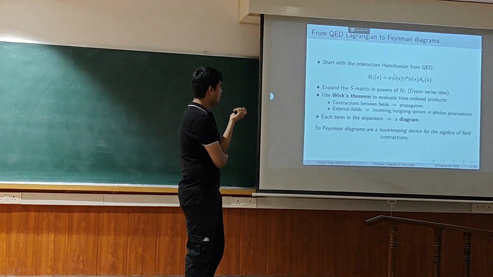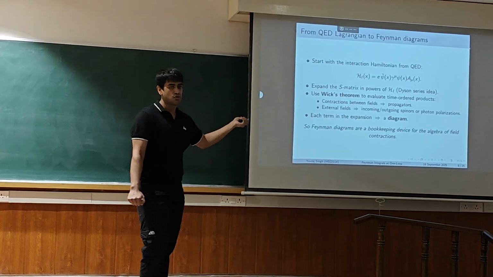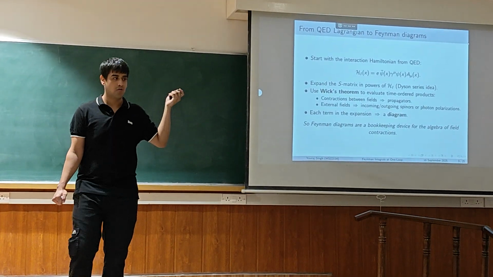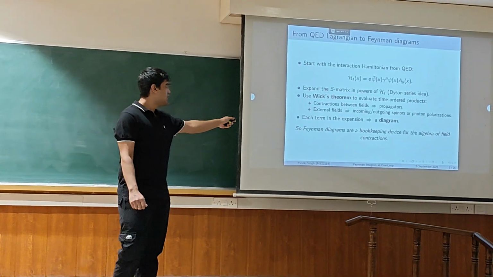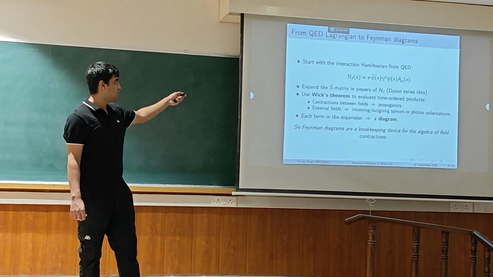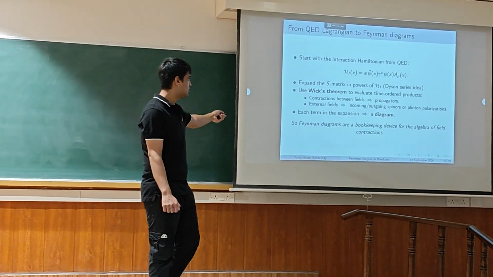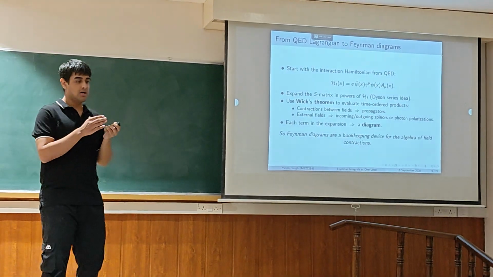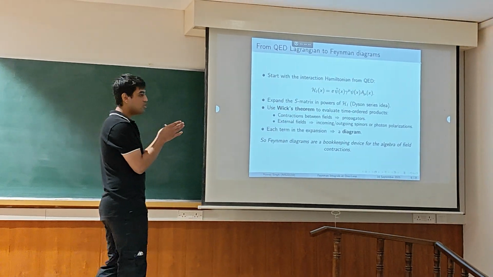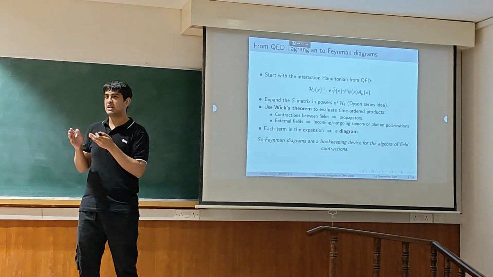This is my interaction Hamiltonian. There are ways to solve this, and the steps would be given in any high energy course book. So we'll just see the steps we follow. We use Wick's theorem, we open the Dyson series, and now in the Dyson series we can club those solutions, and that's what Feynman did.